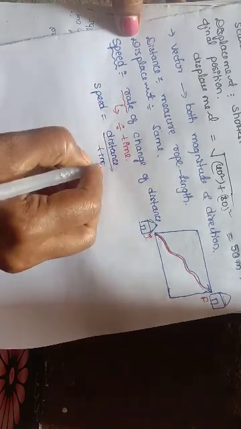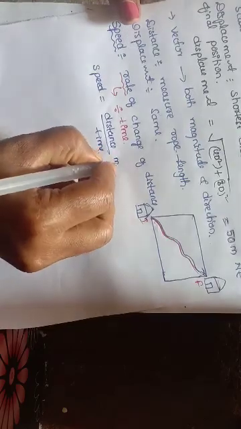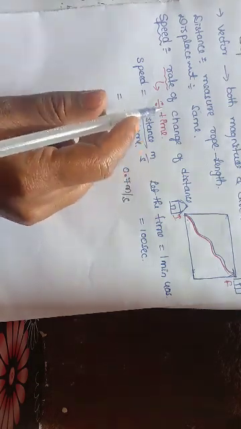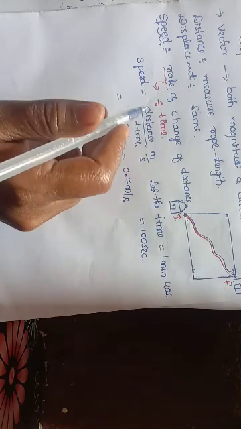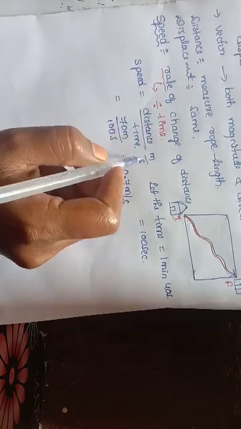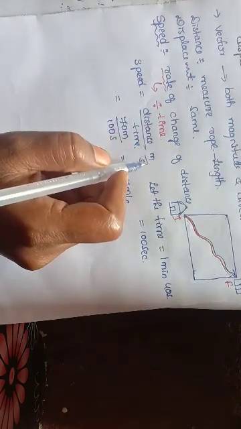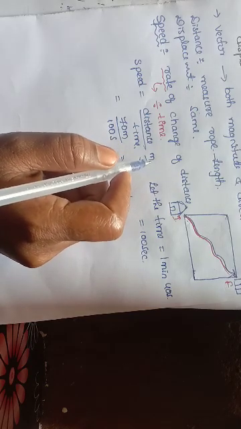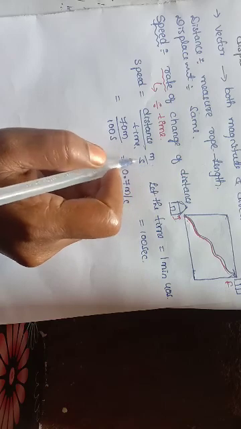We already discussed units, SI units, meter per second. Speed is the rate of change of distance. Rate is nothing but divided by time. So you know very well the speed formula, distance by time. We already discussed in yesterday's class the units of speed, that is SI units, meter per second.